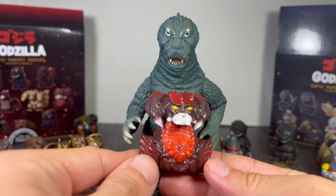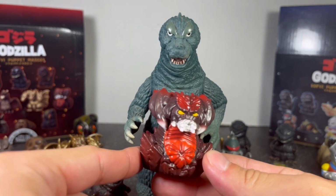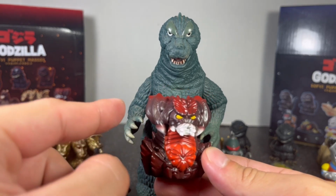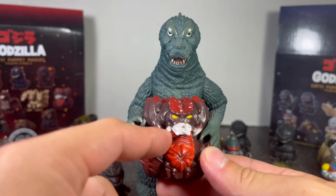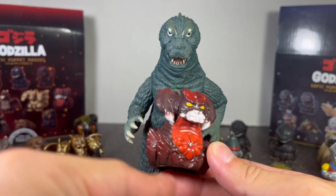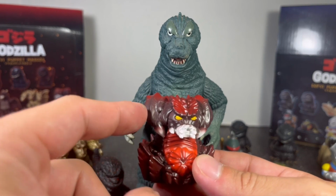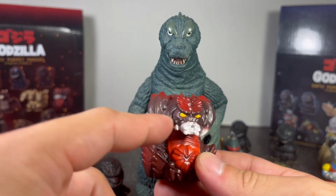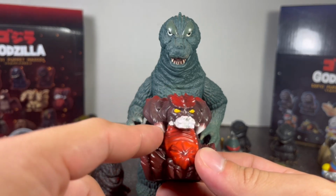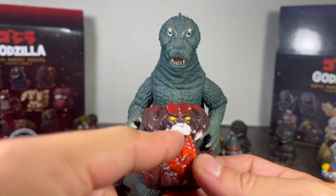And then the paint, a lot better than Bandai's paint on Destroyer, at least the 6-inch Destroyer figure we got in the past. Paint's going to be a lot better on this one as well, because you got this paint going on here where it's decently movie accurate. You got the highlights for the legs, and you got the darker colors in the middle, which is typically what Destroyer is supposed to be. His main base color is brown, and you got the red accents for everything, and then you got the white tips for his crown and the red on the top of his head,